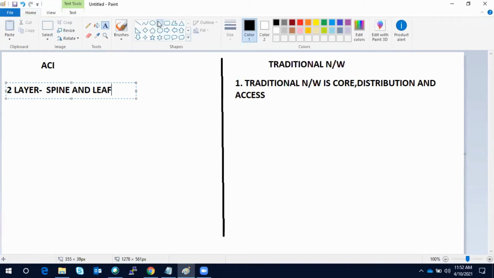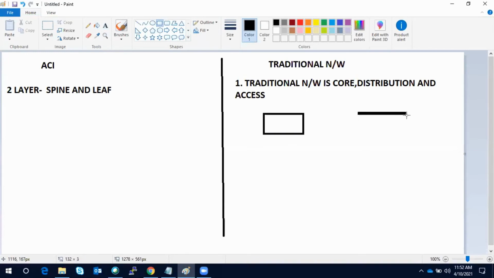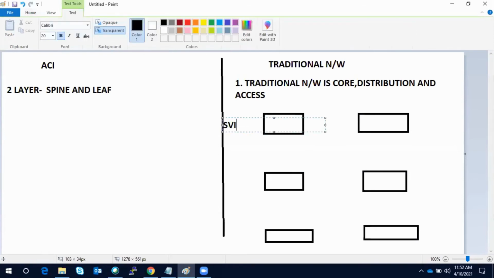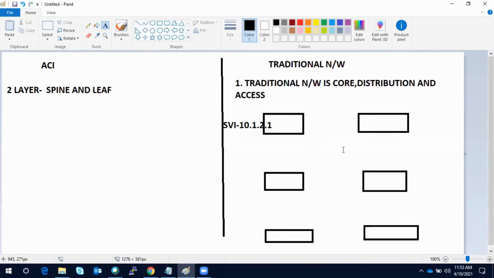You see, this is my core, this is my distribution, and this is my access layer. Let's say you create your SVI at the core layer. Many times I have seen that. SVI is 10.1.2.1. Distribution is used only for distributing to the access layer.